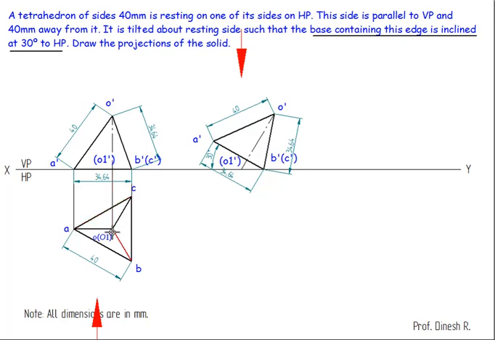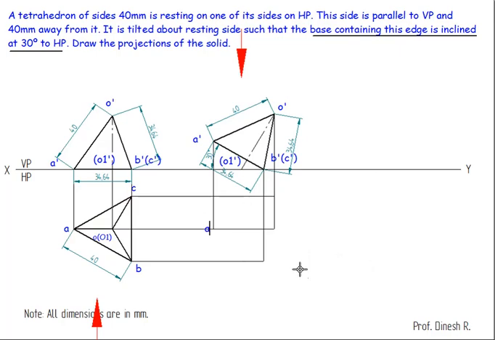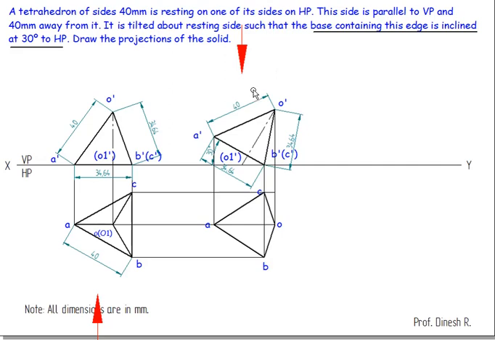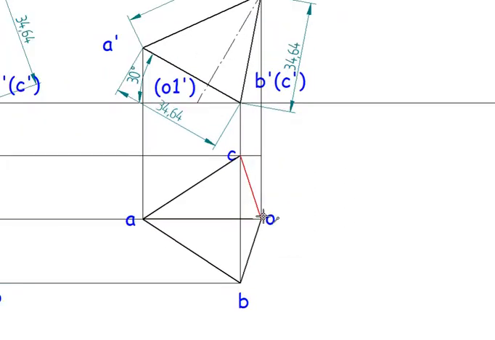So this point is A. Let's keep the annotations: this point is A, this is B, this point is C, and this point is O. Next, we need to join the outer boundary. The nearest point for an observer is O, but this is the apex and we are not going to consider it for the pyramid. We are going to see the point A. So the lines joining A to B, A to C, and A to O should be thick lines. From here, A to B and A to C are the thick lines.